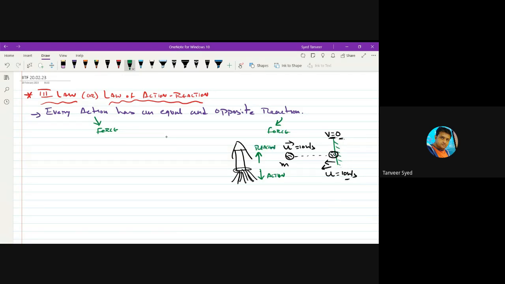Action, reaction. These are some simple examples of action, reaction. And there are certain important points which you should understand regarding action, reaction. One point is,